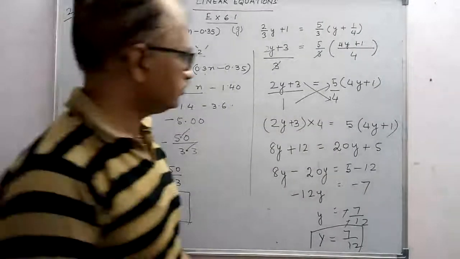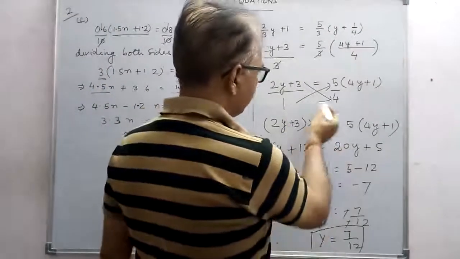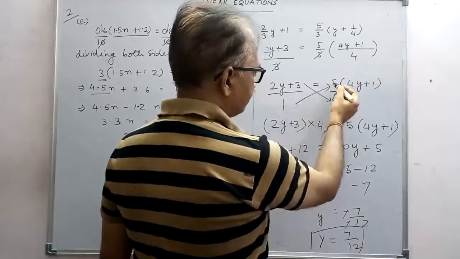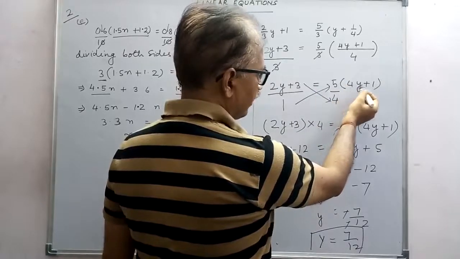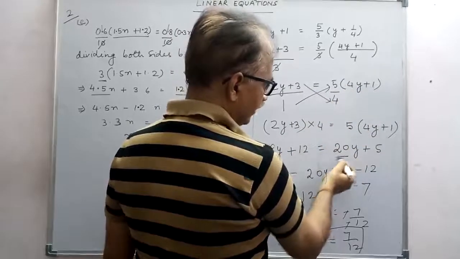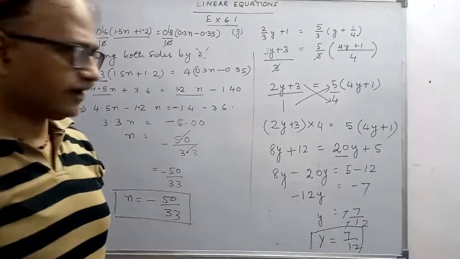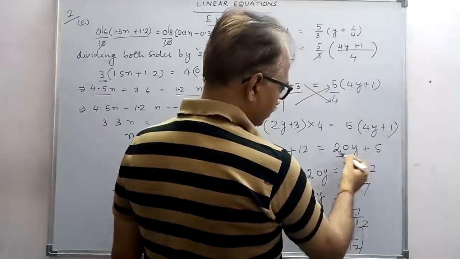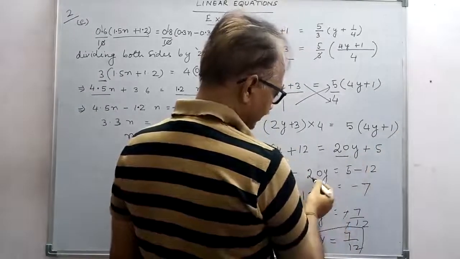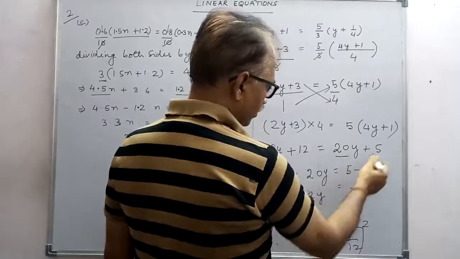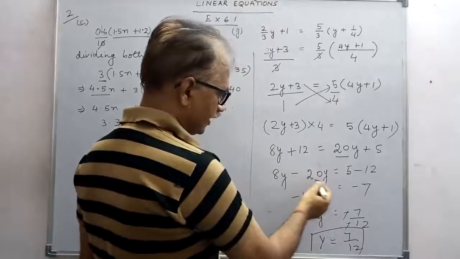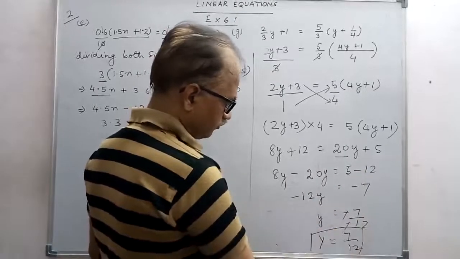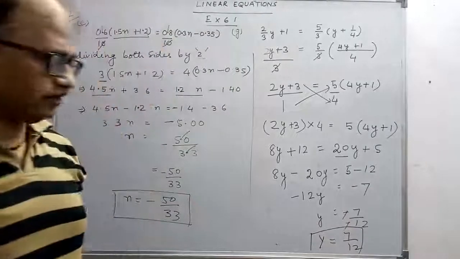Okay, see this here. When you cross multiply, 2y plus 3 multiplied by 4 and 5 bracket 4y plus 1 here. So 5 4s it will be 20. Initially it was written 40. That is 5 into 4 is 20. It will be 20y plus 5 1s are 5. So that is not 40y. 20y transpose that side, minus 20, and then 5 here. So here you will be transposing this 20 that side. So 8 minus 20 is minus 12, and this side you will get minus 7. So y is equal to 7 upon 12 will be the answer.